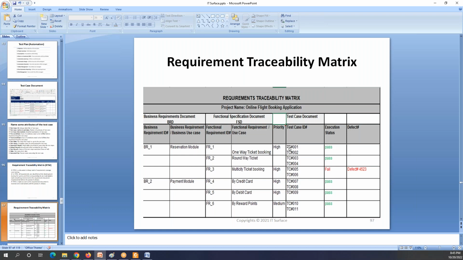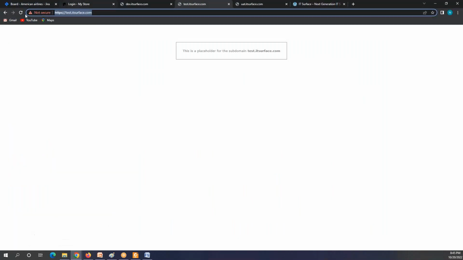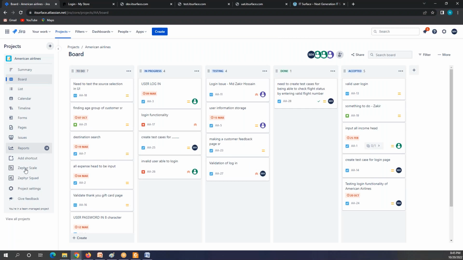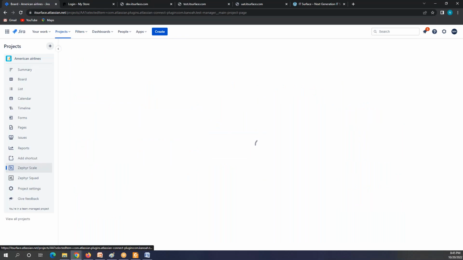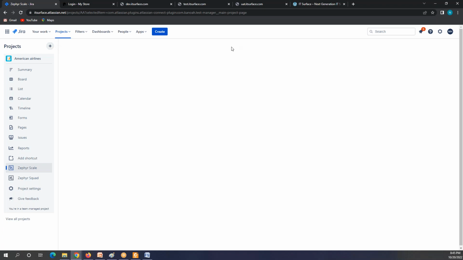Do they do it manually? For manual test cases, yes, but for this one, let me check where it is. For this one, if you see here, we also have a traceability matrix in Jira. If you see, let me go to that place. Yes, I saw that, right? So